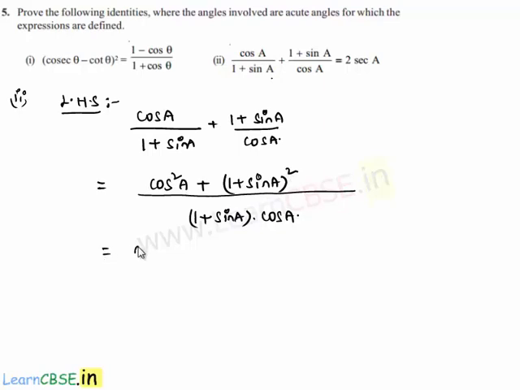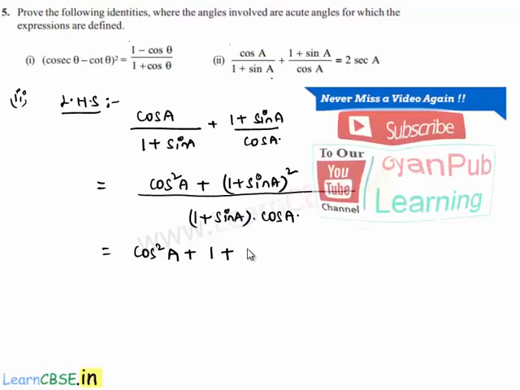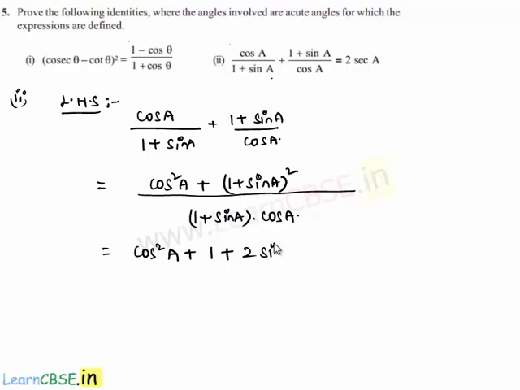That will be equal to cos²A plus, this is in the form of (A + B)², which is nothing but A², that is 1² is 1, plus 2AB, that is 2 times 1 times sin A, which is 2 sin A, plus (sin A)², that is sin²A, all divided by